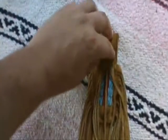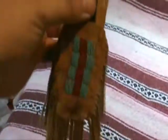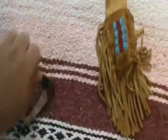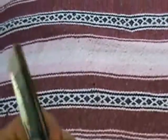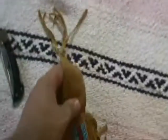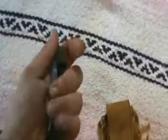So the next product. Next, I sell pocket knife sheaths, and I'm not really sure if mountain men used pocket knives. They might have. The pocket knife came out during the Revolutionary War. They had pocket knives by the Revolutionary War. Anyway, this is a nice pocket knife holder, of course for a small pocket knife. I can make pocket knife sheaths for any size pocket knife, but like I said, the bigger it gets, it's going to be a bigger sheath, so might be some more money. But for a small regular size pocket knife like this,